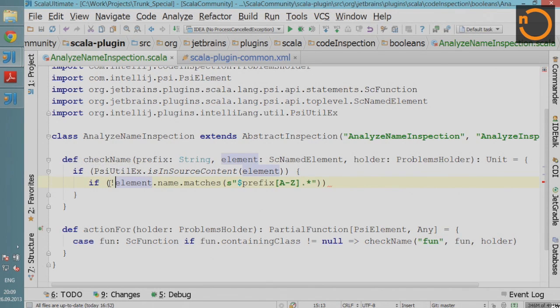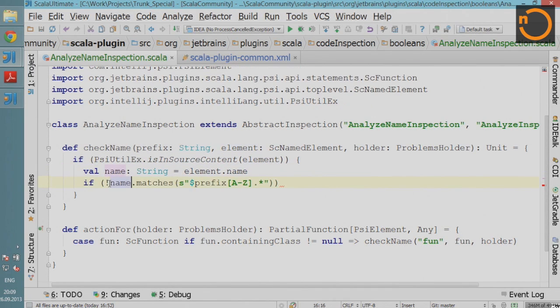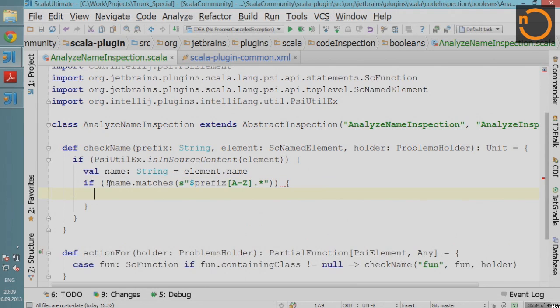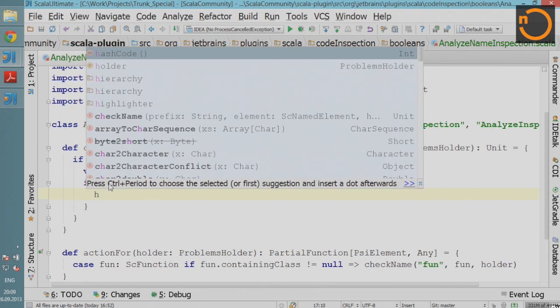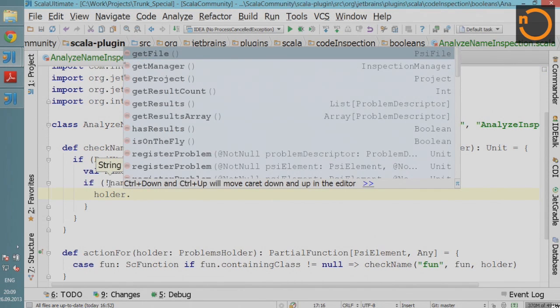Okay, not. And also let's introduce a variable here. So this is the case when we want to show inspection for this code. Now we need to just put this information to the editor and to the appropriate quick fix how to fix this thing. So just put holder, registerProblem,